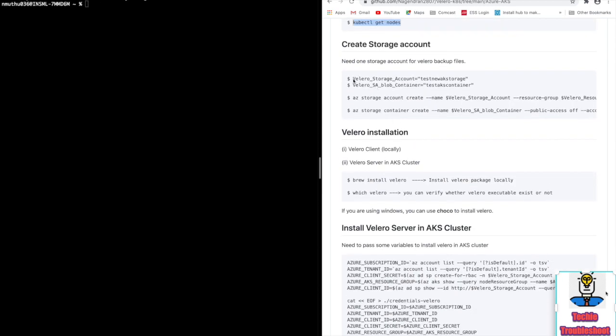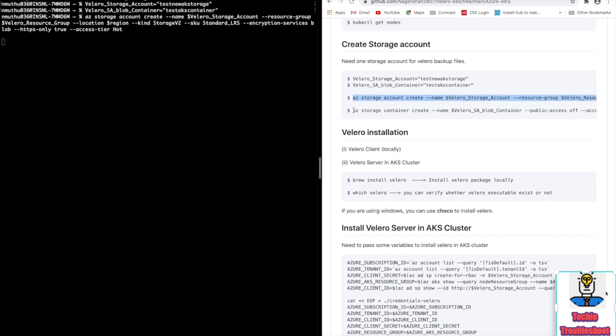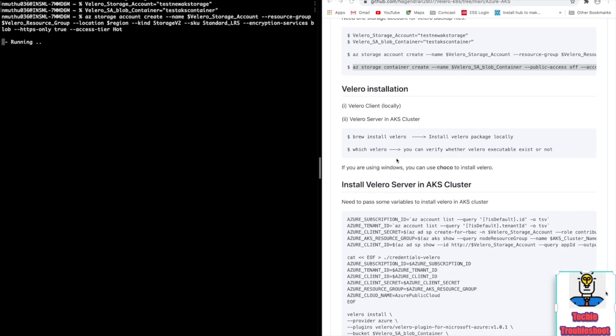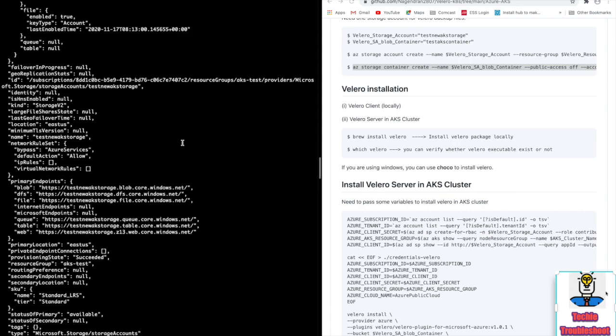The next one, we have to create a storage account and blob container. Storage account created.